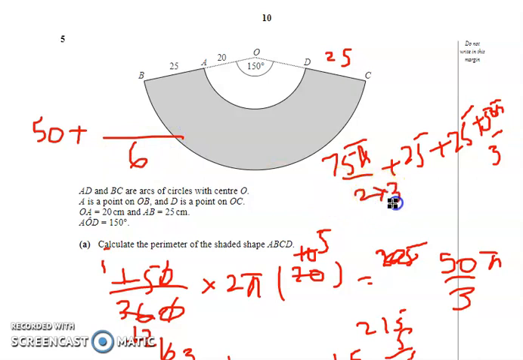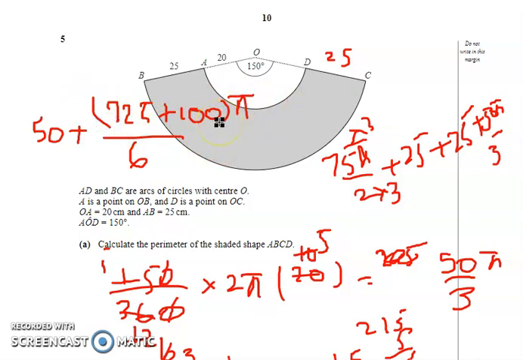So over here we have to multiply 75 with 3. Now 75 multiplied by 3 is 225. So 225 plus, okay, that was 50 pi. So 50 multiplied by 2 will be 100. Now this will give me 325